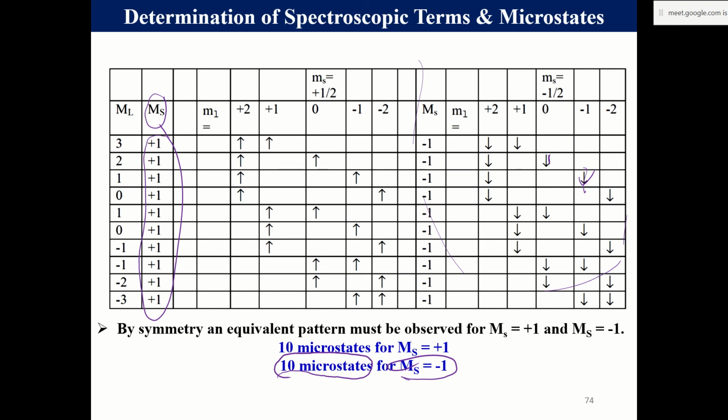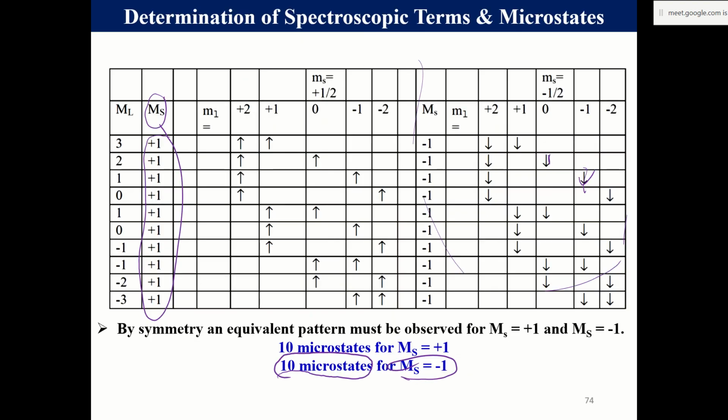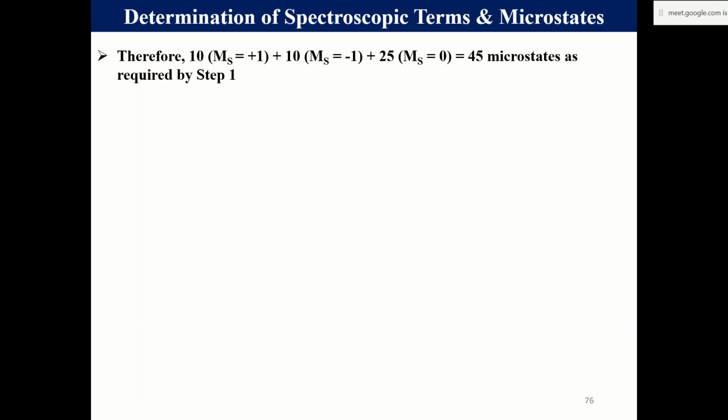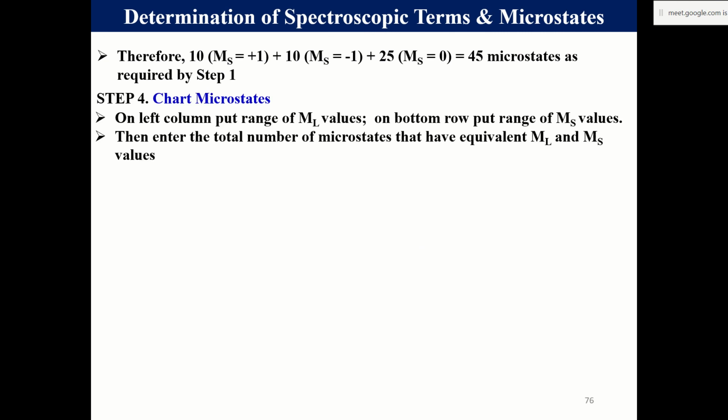So 10 plus 10 is 20, and then the other combinations with 25 microstates with ms is equal to 0 can be found. So ms plus 1, minus 1, and then you go to the ms 0. So there are 25 such possibilities. You can write all of them. So 25 of them can be written. In this manner you have a large number of tables that you have to maintain, and then you have to again eliminate in a similar fashion that we have considered already. So that one I found was easier. But if you like